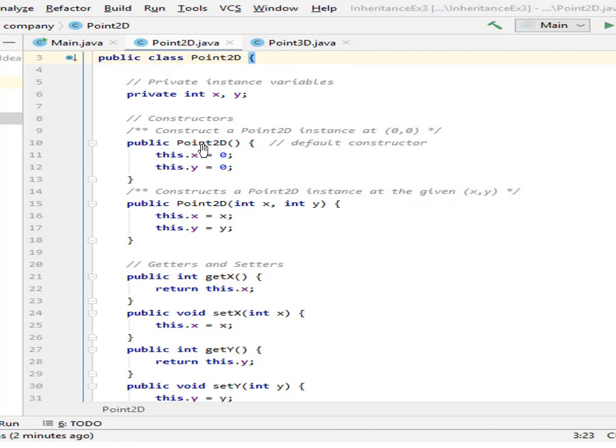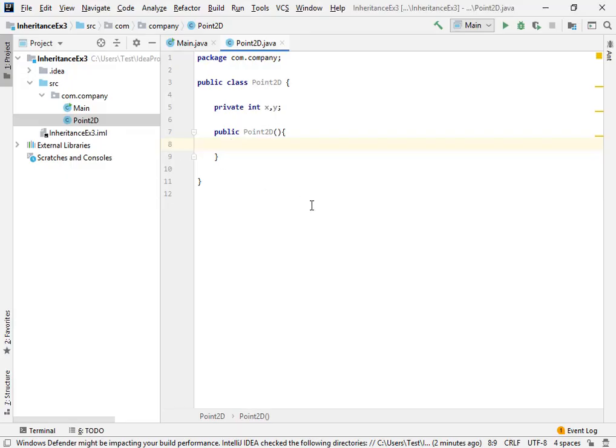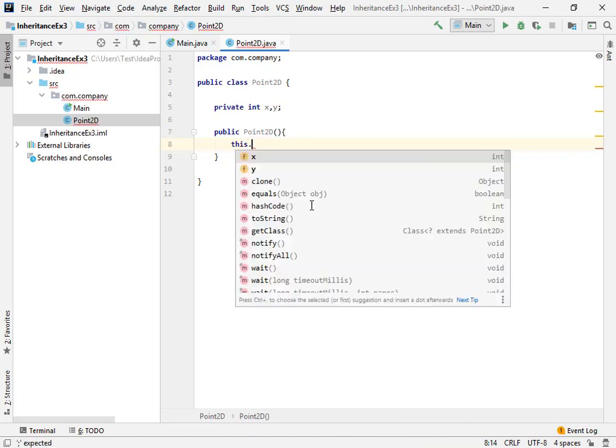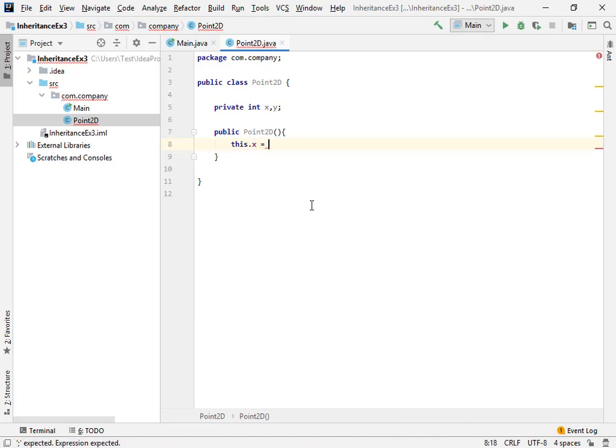So if this constructor is called while creating an object, both of these fields will contain the value 0 if we don't provide any parameter while creating an object. So I am gonna access this.x equal to 0, this.y equal to 0. Now we have this constructor completed.